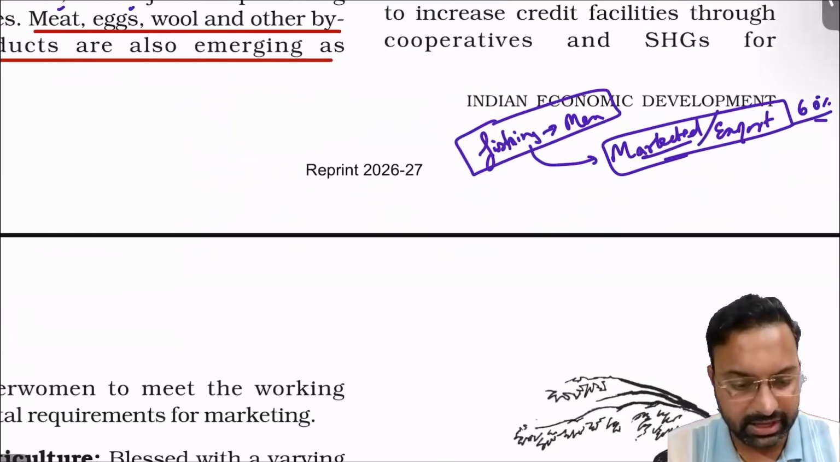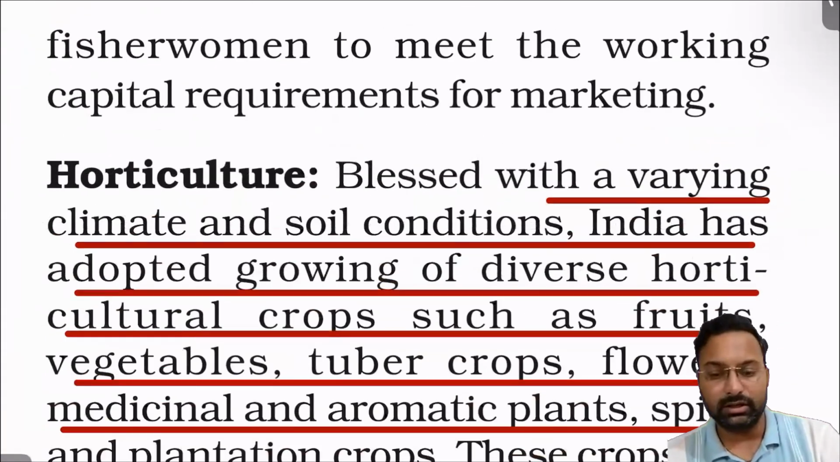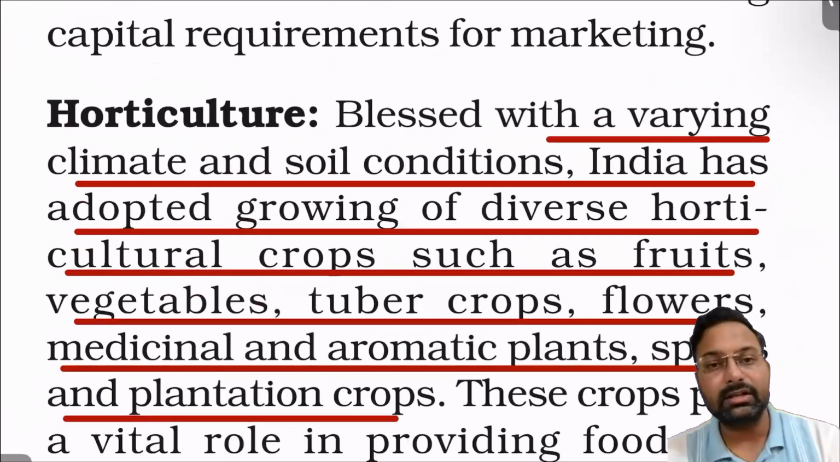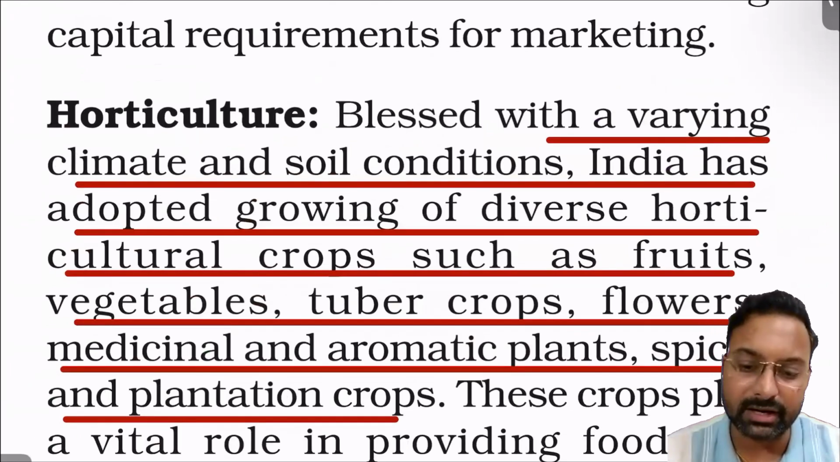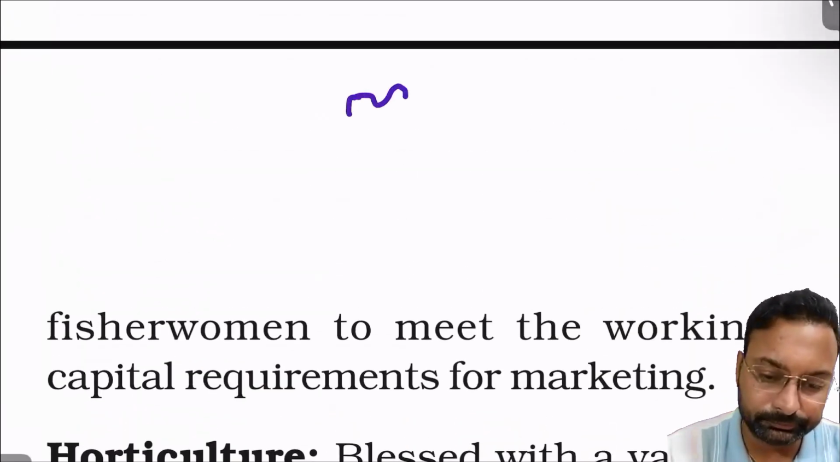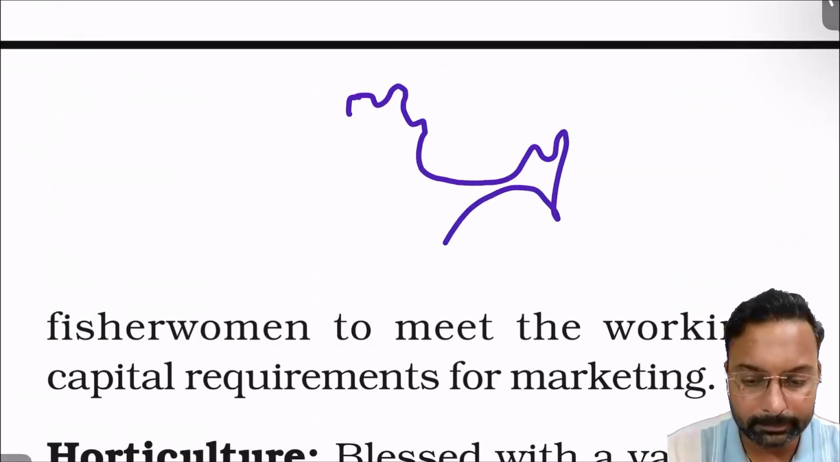Okay, so we have done fishing. Now, coming to the next diversification sector that a farmer can go for, it is horticulture. Horticulture is possible because India has different types of climate. If you will be seeing India,